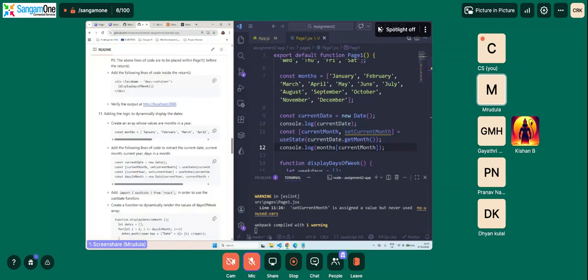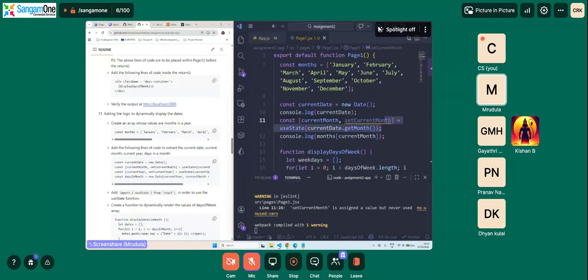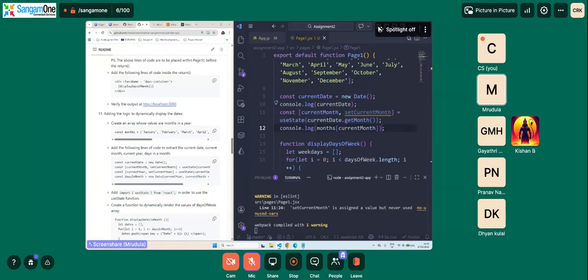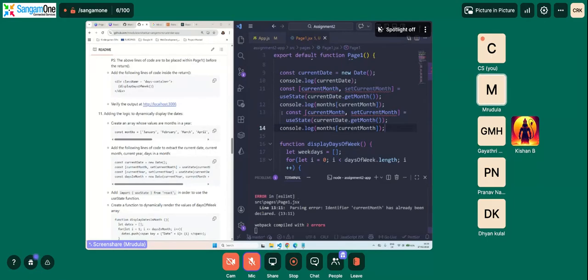So let's go back and here I'll just copy paste the same thing and change it to year. Since year is already a number, we don't need it as an array.